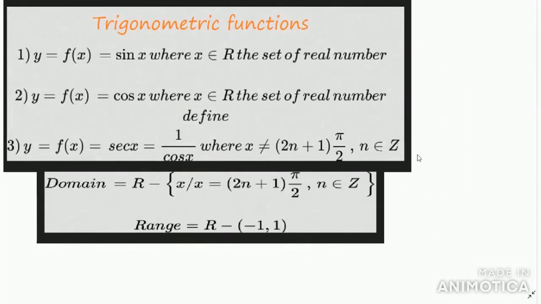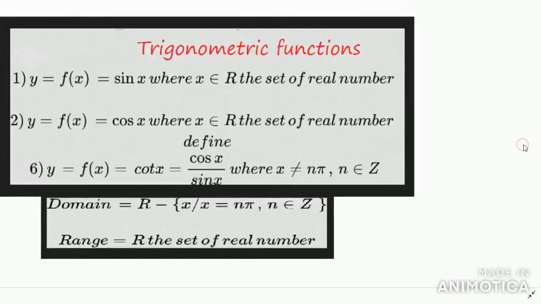And the last one is cot x. The cot x is defined as cos x by sin x, where x is not equal to n pi, because here the denominator is sin x. Sin x is equal to 0 for all x that are multiples of pi, and that's why you have to remove all the real numbers which are multiples of pi. And now the domain is equal to